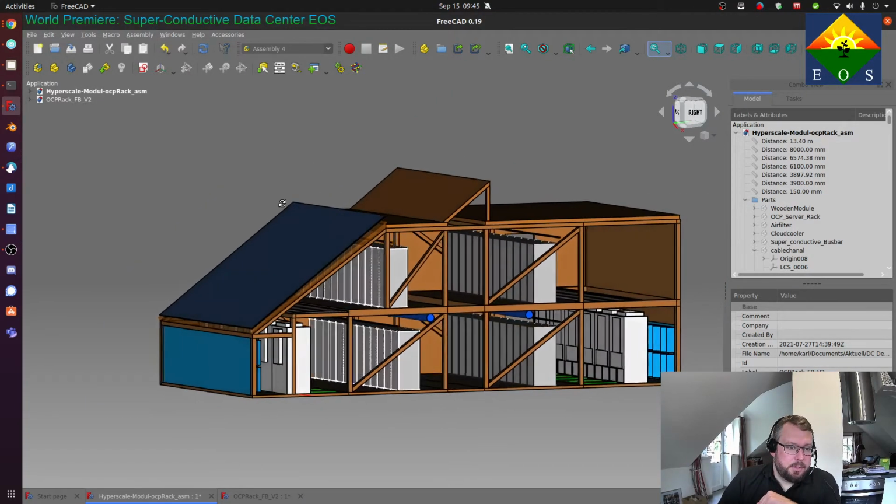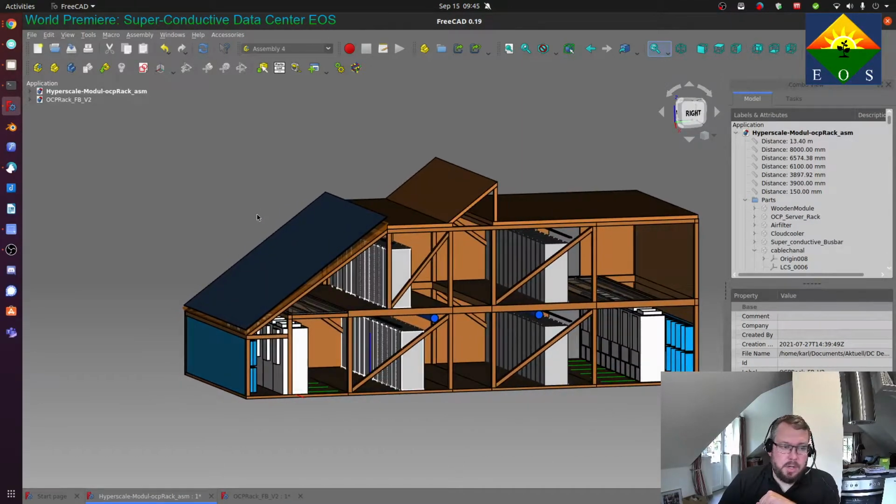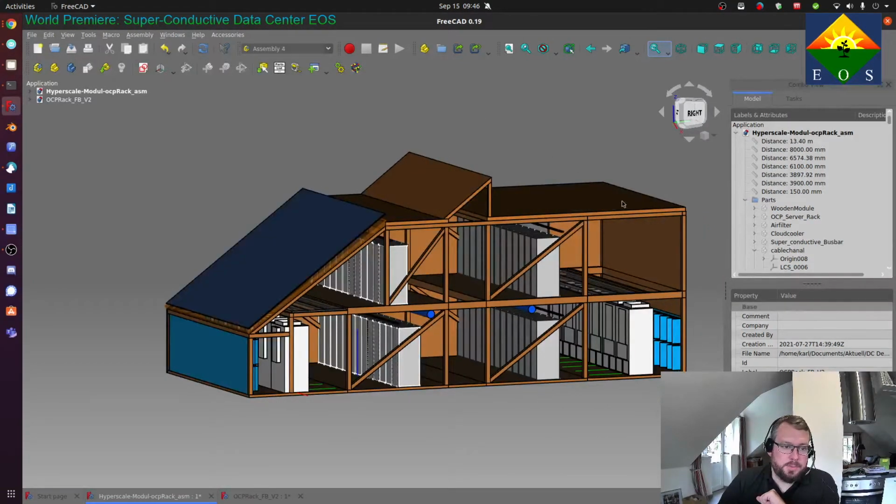The complete module houses, in this setup, 52 OCP rack version 2 in a single aisle containment, but it can be extended for HPC purposes also to higher workloads. In this configuration, each module holds about 1.3 to 1.5 megawatts. And the unique thing is that the superconductive busbars are DC, and we have direct connects to the rack,